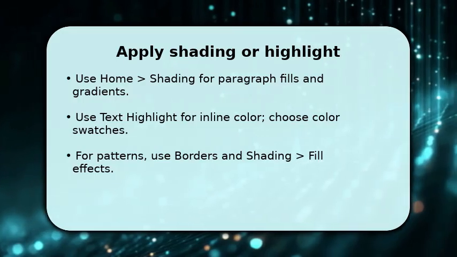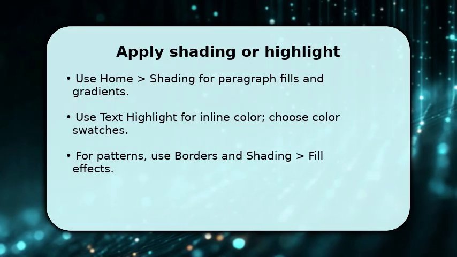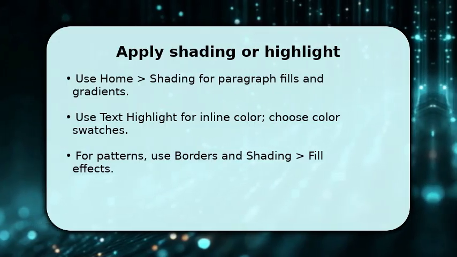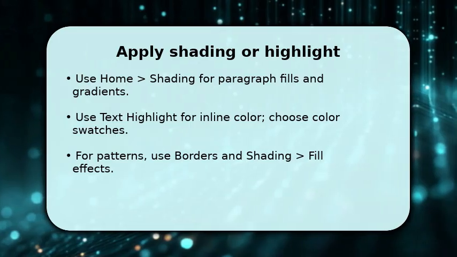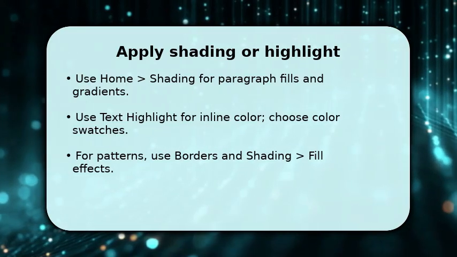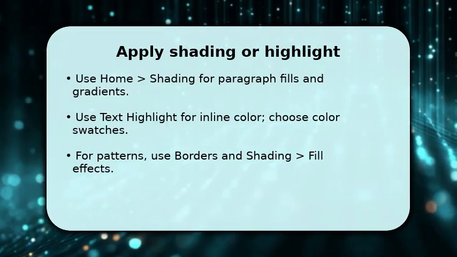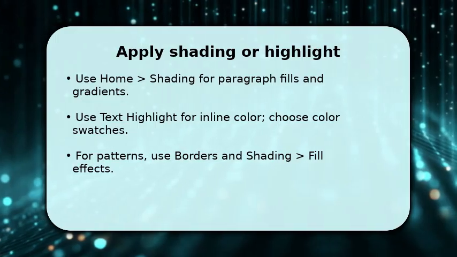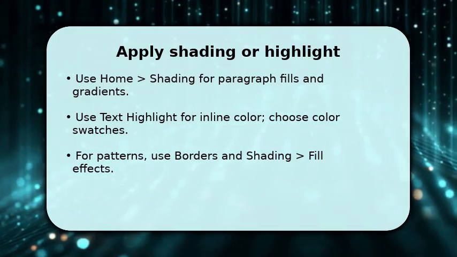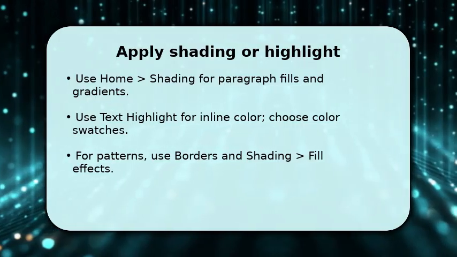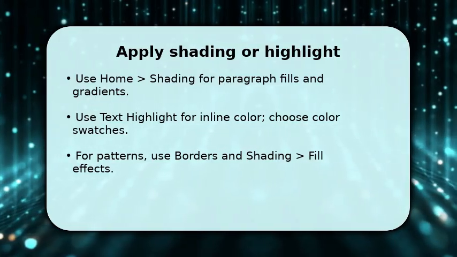For paragraph fills, open Home, click the Shading dropdown and pick a solid color or more colors for exact RGB values. This changes the paragraph block. For inline emphasis, use Text Highlight Color. It's quick and non-intrusive. If you need patterns or gradients, open Borders and Shading, choose Fill Effects, and experiment with texture or gradient options. Make sure to preview on different zoom levels, so contrast and readability stay strong throughout the